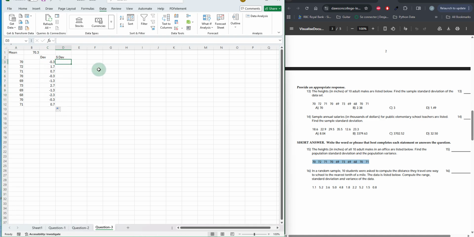Now I want to square the deviations. Click there, raise it to the power 2. To square it, hit enter, come, drag everything down. Now I want to see the sum of squared deviations. Sum of squared deviations is the sum. Hit tab, select all of that, hit enter, and then the variance is the sum of squared deviations